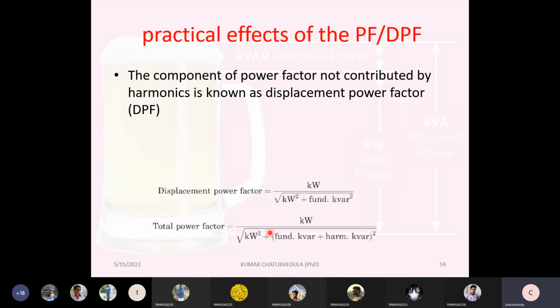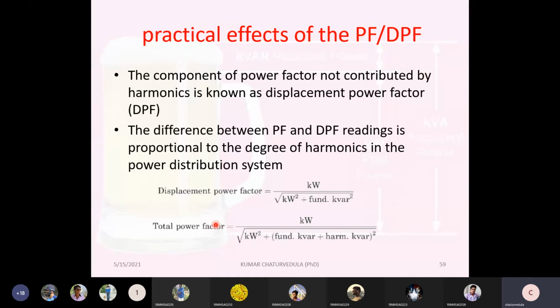Here we are not considering the kVAR that is due to harmonics. If we are not considering the kVAR from harmonics, then we call it displacement power factor, and if we consider harmonics, then we call it total power factor. So power factor itself is now divided into two components, displacement power factor and total power factor. The difference between these two readings is proportional to the degree of harmonics available